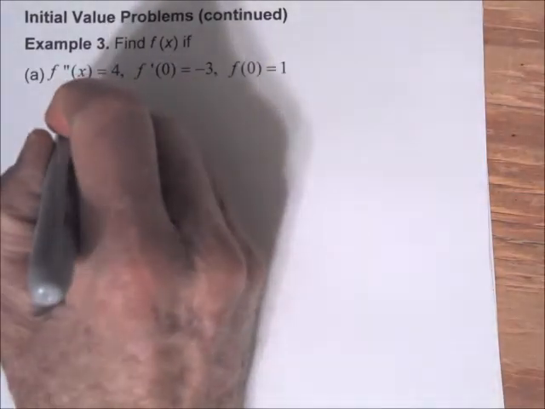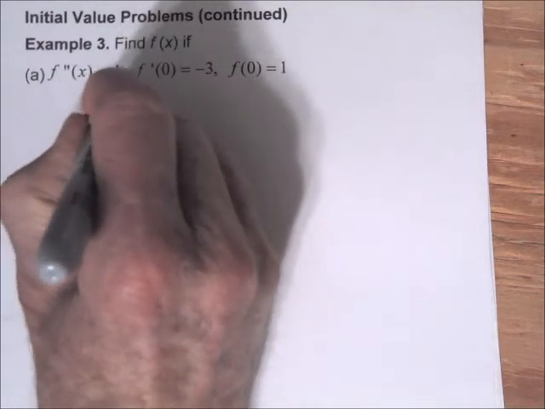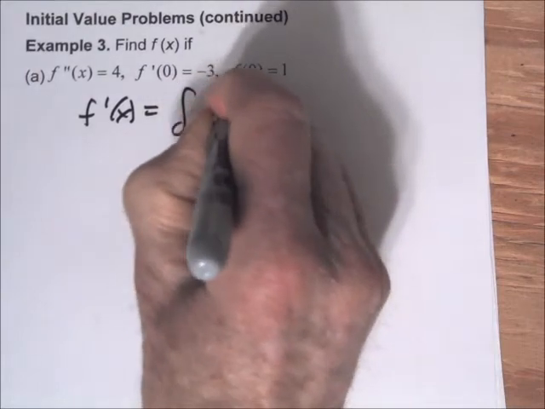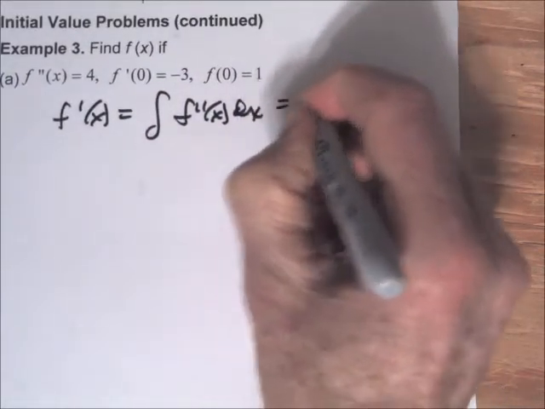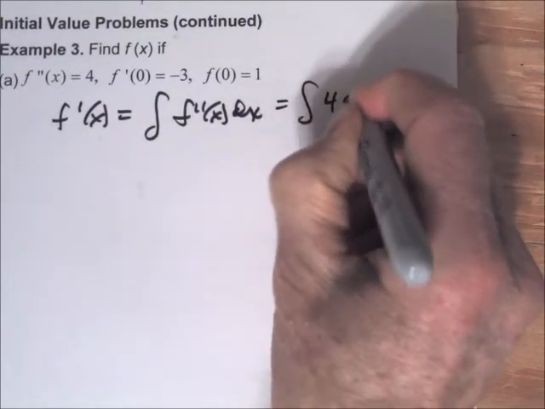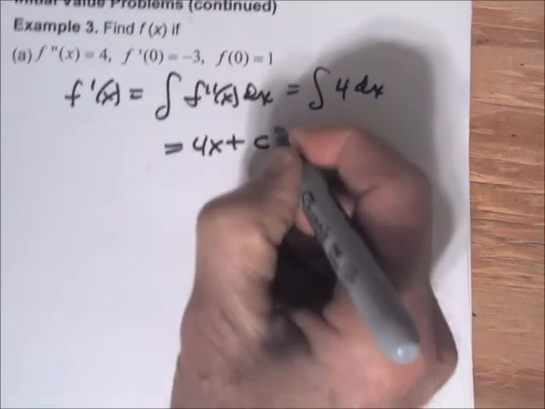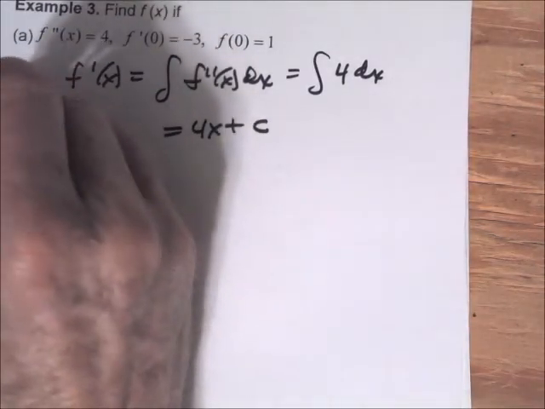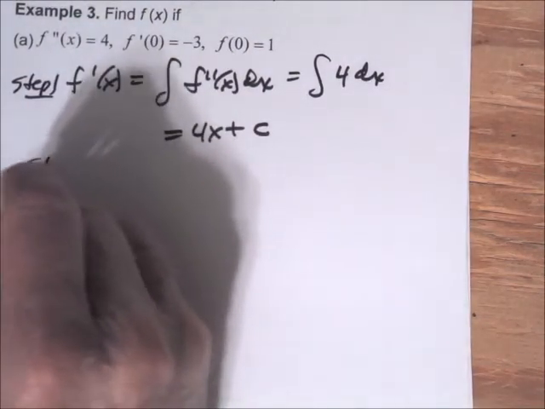So we can take the antiderivative of f double prime. So f prime of x is going to be the antiderivative of f double prime of x dx. So that's the antiderivative of 4 dx. And that's going to be 4x plus a constant. And then we want to find out what the constant is. So I guess we'll call this step 1. Step 2,